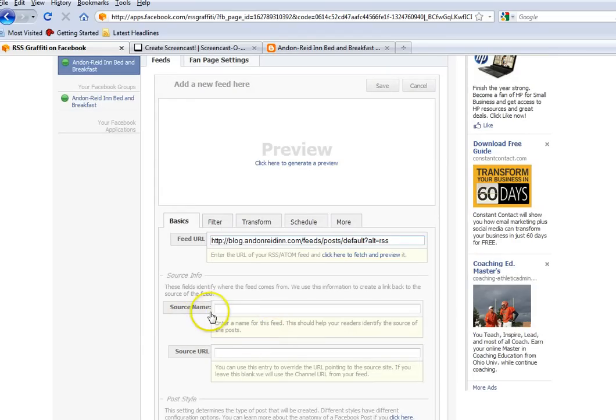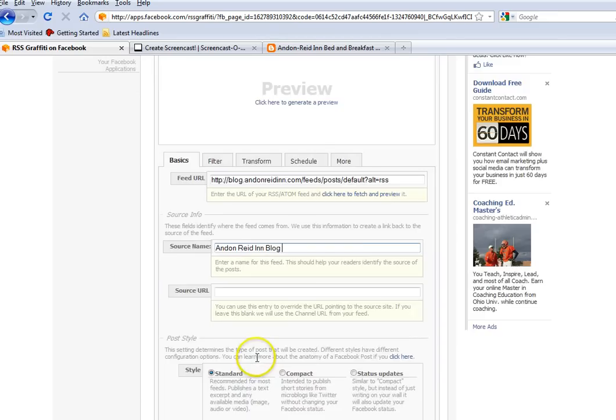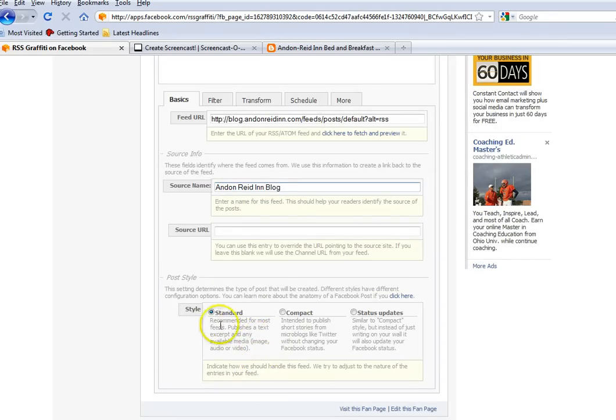Now, go to source name and just type the name. And I'm going to type in and read in blog. There we go. Leave this source URL blank,